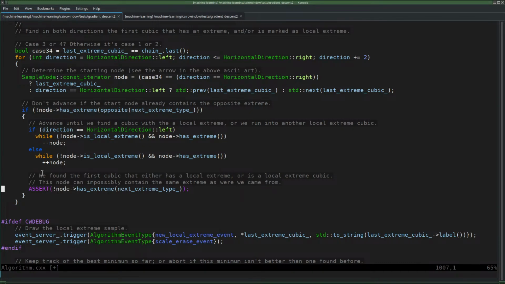Now that's actually not true, because it could be that,